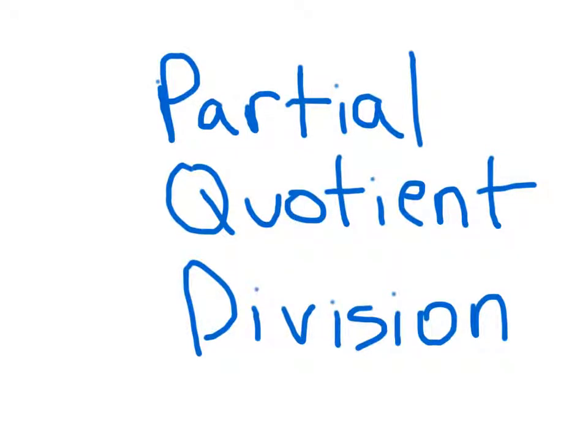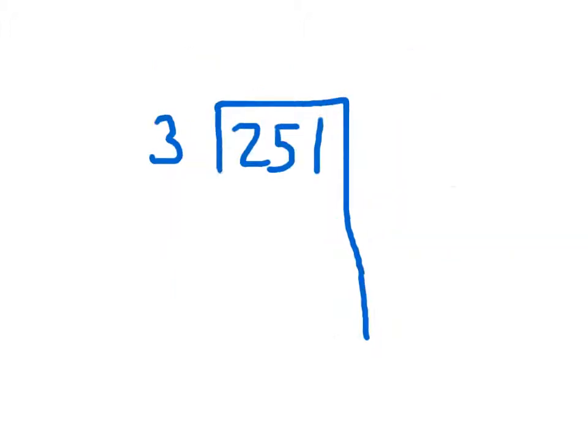Here's another way to divide, called partial quotient division. With this approach, when we're looking at 251 divided by 3, we use those math facts that we're really comfortable with. We can really see right away. For instance, for 251 divided by 3, we know we can take away at least 50 from this, and 50 times 3 is